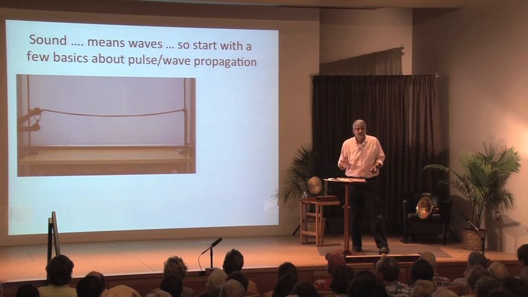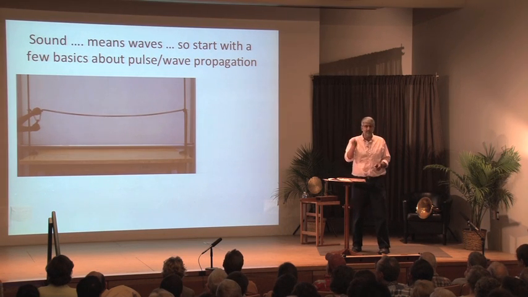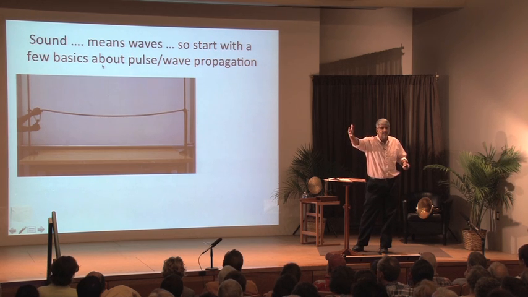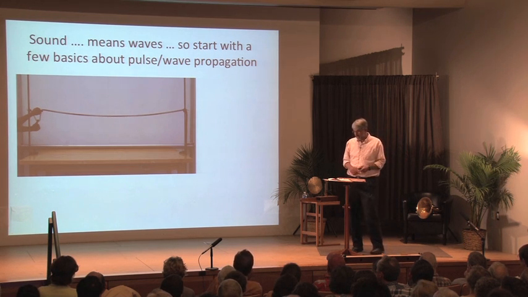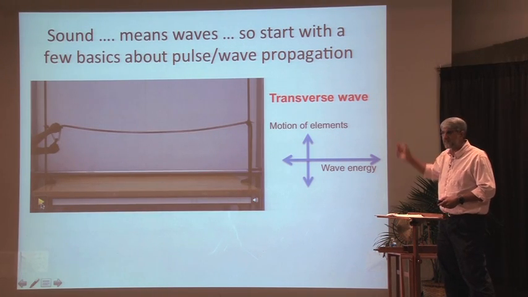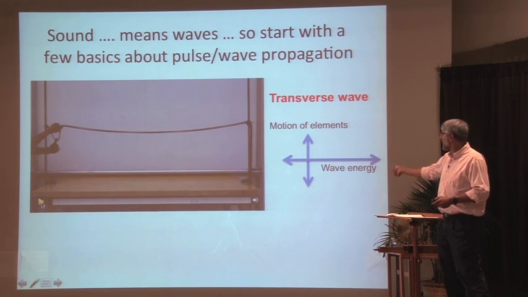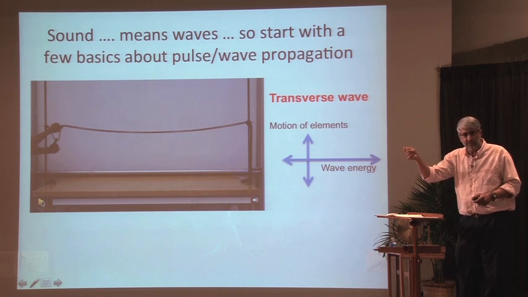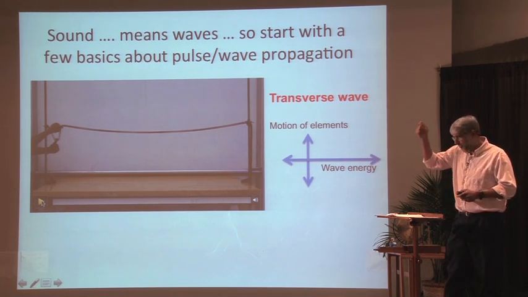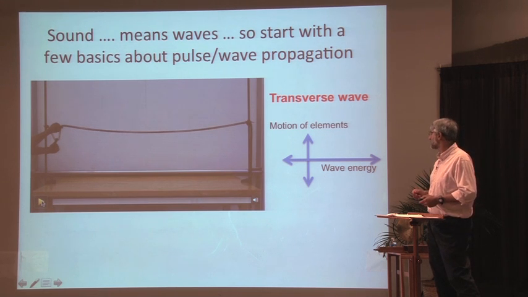Well, let's start with something visual and something simple, something we can see. If we're going to be talking about sound and sound waves, you all know that that's something that's invisible, so physicists like models that we can see. You're going to see me plucking a spring, watching the pulse at 1/10 speed move down to the right and back to the left. I want to describe this wave as a transverse wave, a wave where the motion of the elements is up and down, the individual pieces of the spring go up and down, but the energy of the wave goes back and forth. Transverse, that would be the definition of transverse, okay?